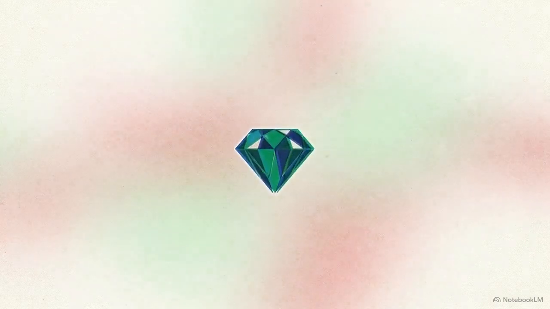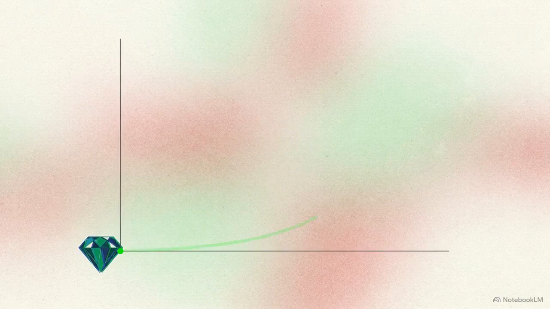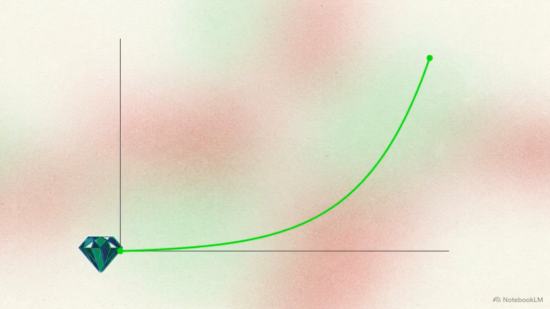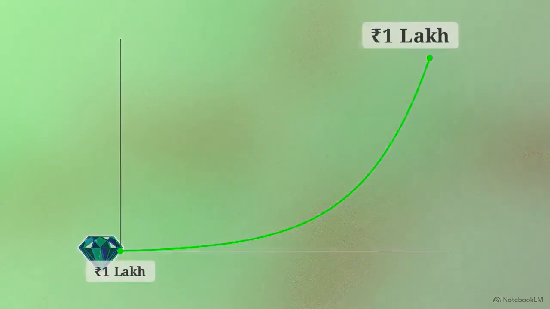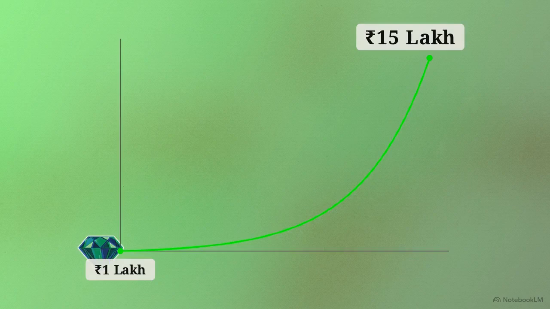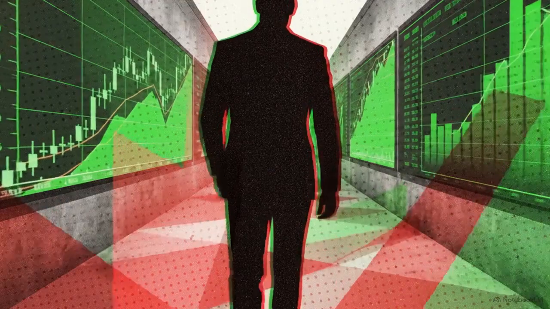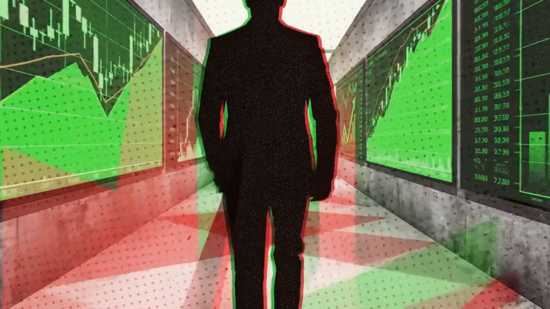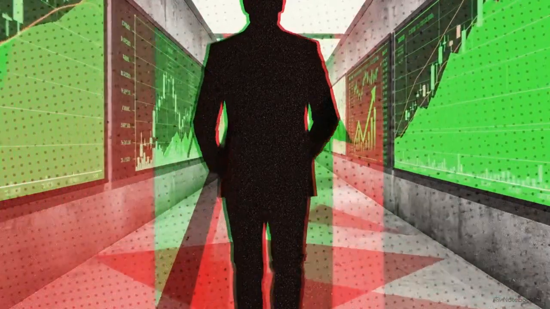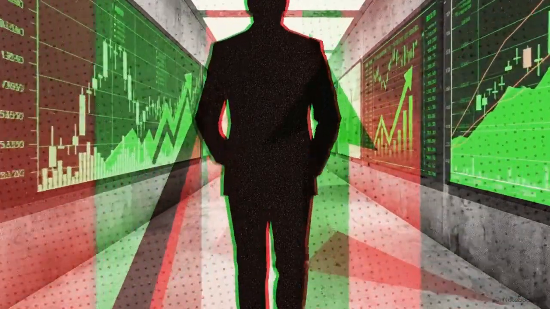They build a multi-layered architecture, using passive stability to fund aggressive growth. By combining long-term holding with compounding, you generate exponential results. An initial investment of 1 lakh rupees seamlessly transforms into 15 lakh rupees. It is time to abandon blind guesswork and start applying this combined exponential growth strategy to your own capital immediately.